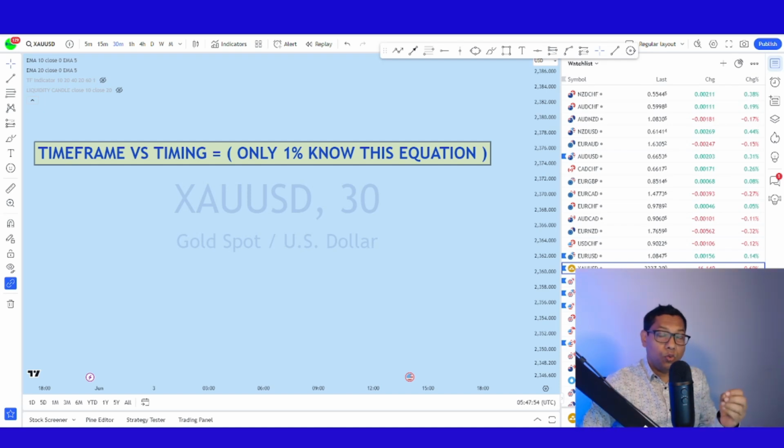Everybody is interested to know what time frame they should be trading: 5 minutes, 15 minutes, 1 hour or 4 hour. But only few know how to time the time frame. To solve an equation that is only known by 1% of traders, one must know how to time the time frame. Probably you have heard a lot about the time frame, but probably you haven't heard about timing. If you haven't, this video will definitely change the way you look at the market, because